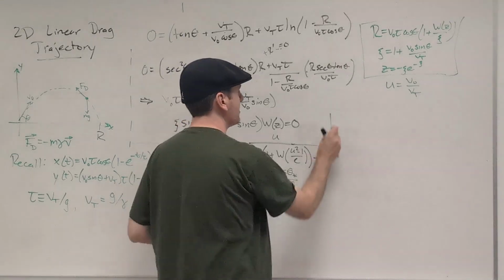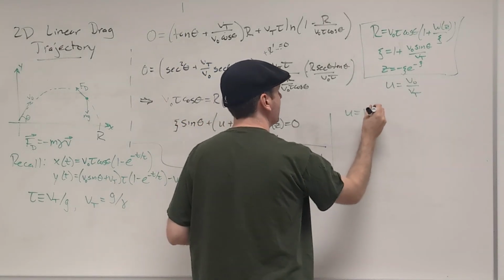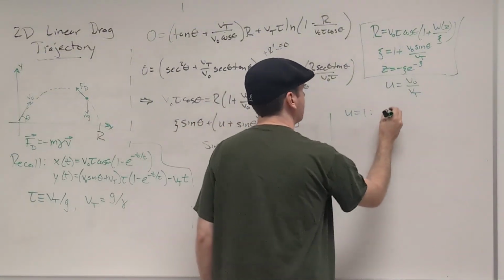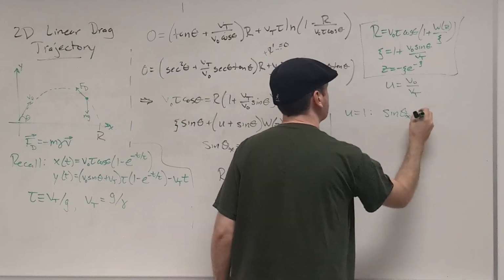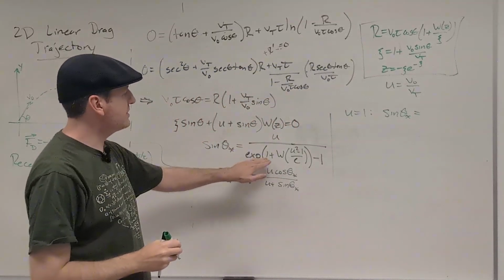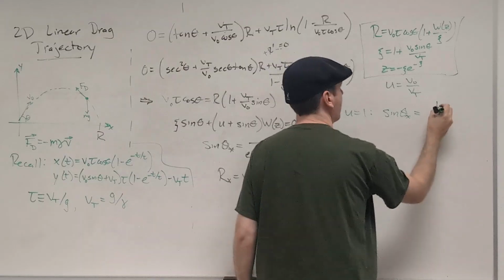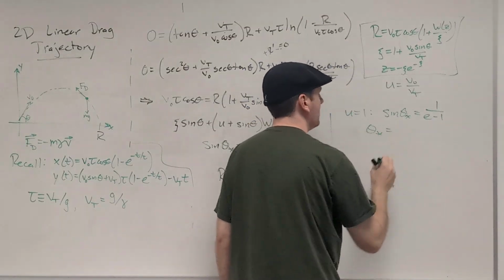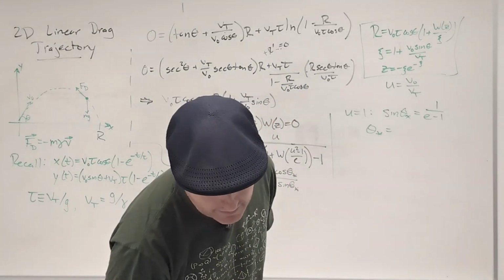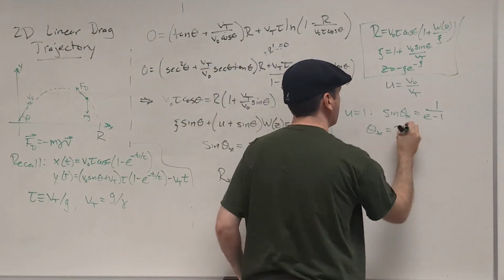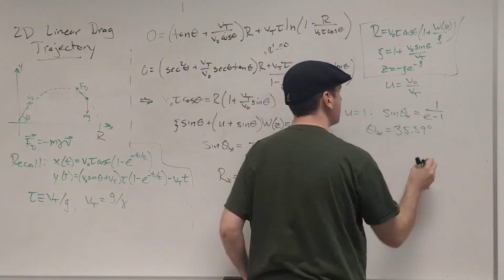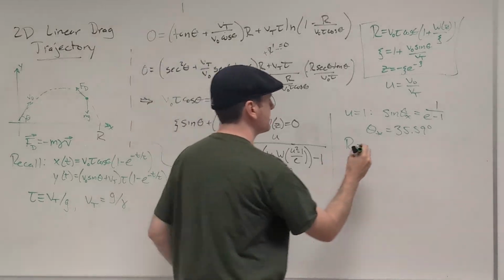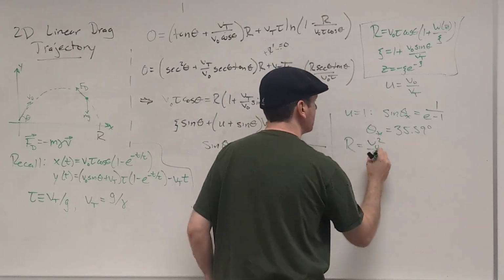So in our special case over here, if u equals 1, then we end up with the curious relation that sine theta star is 1 over e to the 1 minus 1. And if we just go ahead and plug in those numbers, what do I get? I got about 35.59 degrees. If you're curious, the range in that case does simplify down kind of nicely,